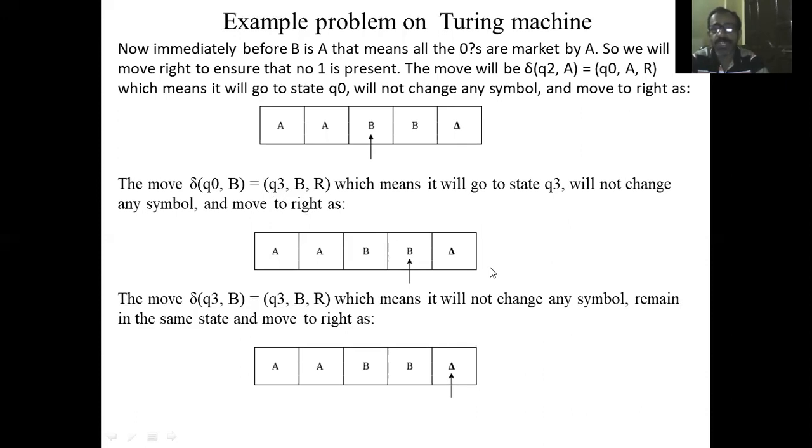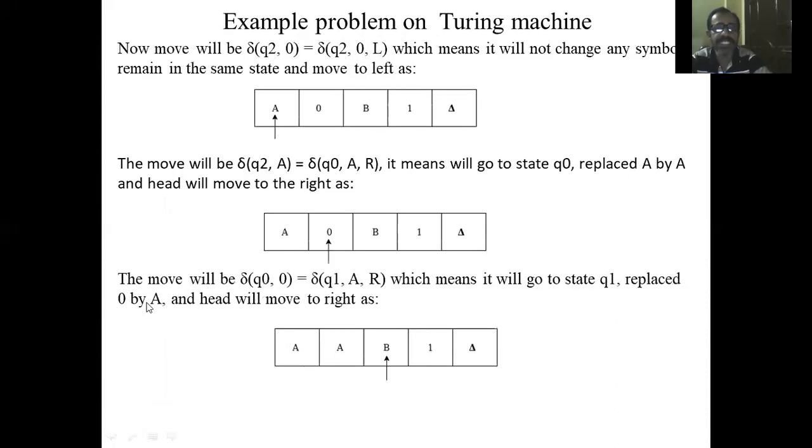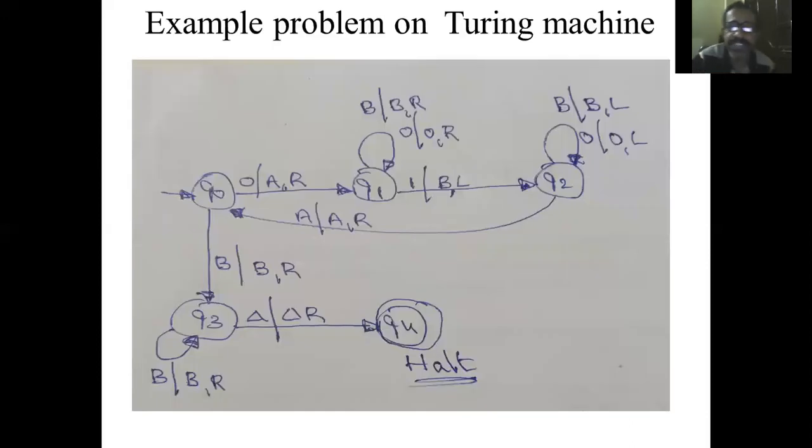If we experience Q3 on 1, then one extra 1 is there. Then immediately we say that this particular input does not contain an equal number of zeros and ones. I wrote all the transitions here without repetition. Whatever transitions are repeated, I am skipping; only the unique transitions I wrote here, but I explained them step by step. Step by step from the first one, and this is the transition diagram.